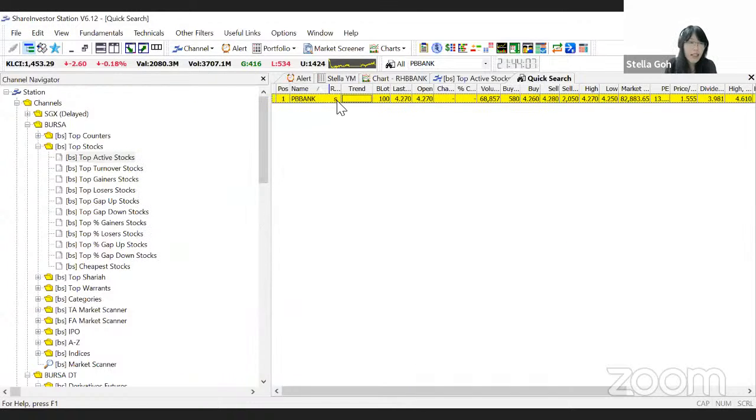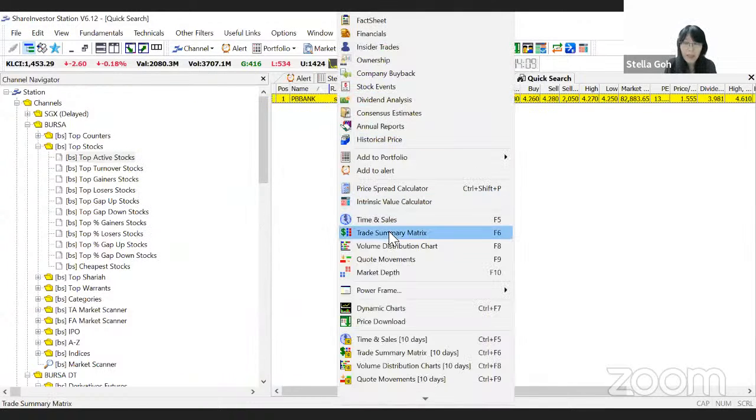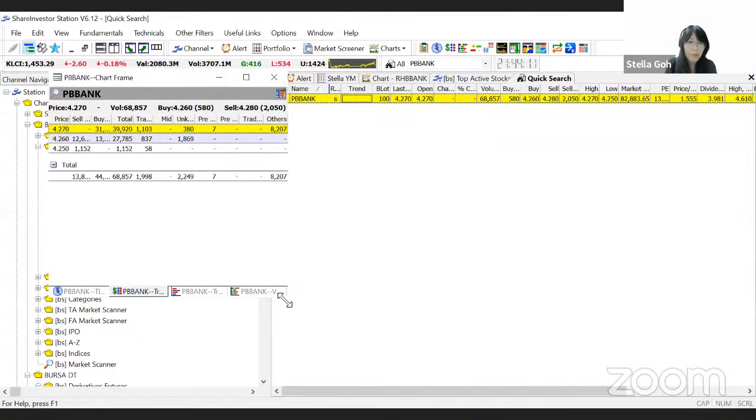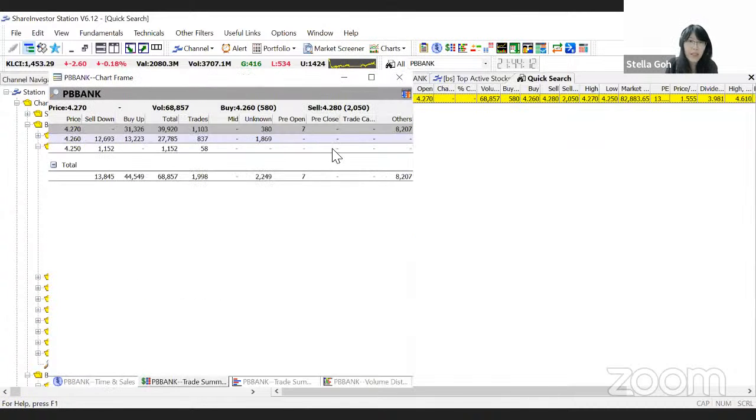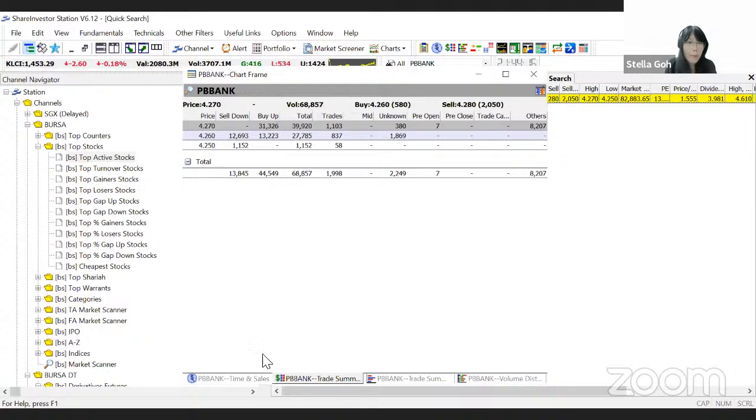So the next one, let us look into the trade summary matrix. Okay, this one is the trade summary matrix. So you can see what price transacted in one particular day. So based on this, you can see people buy or sell at what time, how many trades have been done, okay, how many sell down, how many buy up at what price. Okay. So the next function is